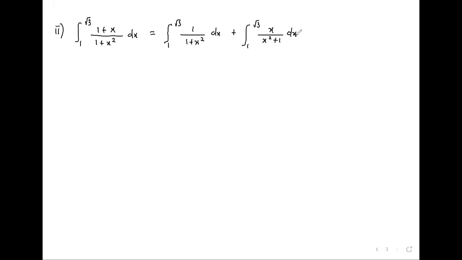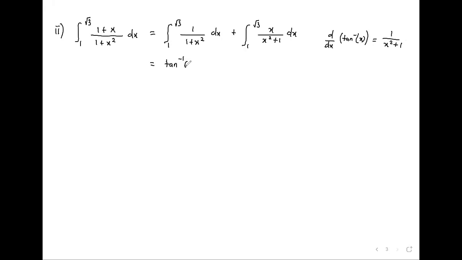For the first one, if you remember very well, when we differentiated tan inverse of x, its derivative came out to be 1 over x squared plus 1. So the integral of 1 over x squared plus 1 is going to be